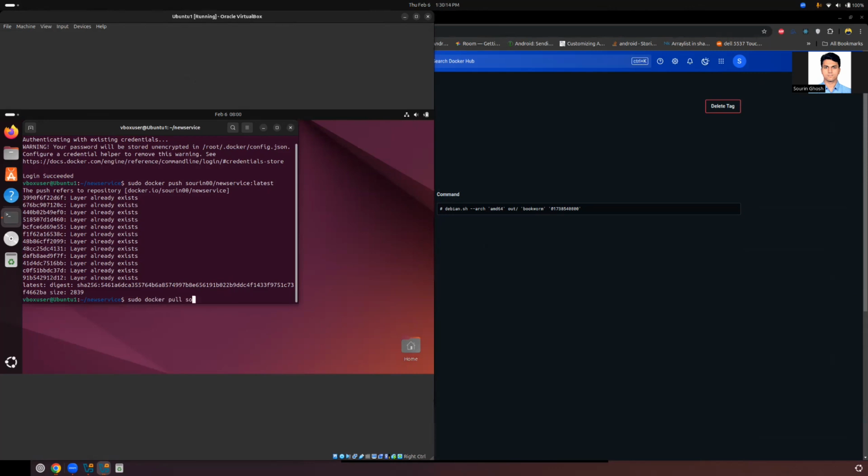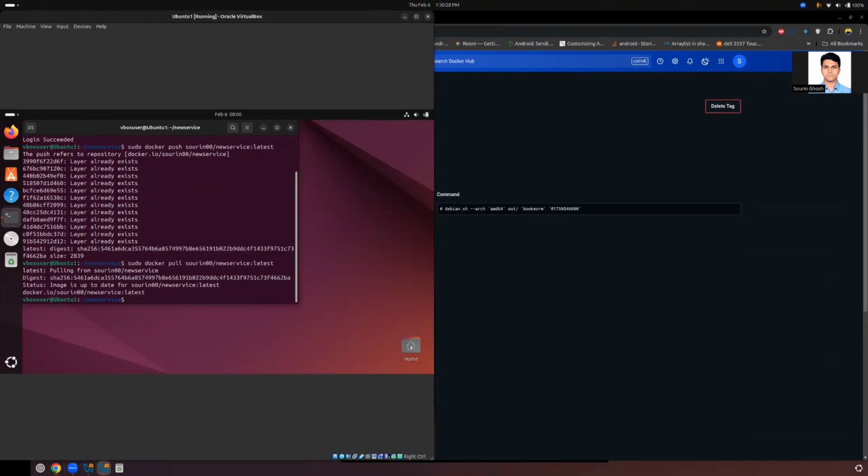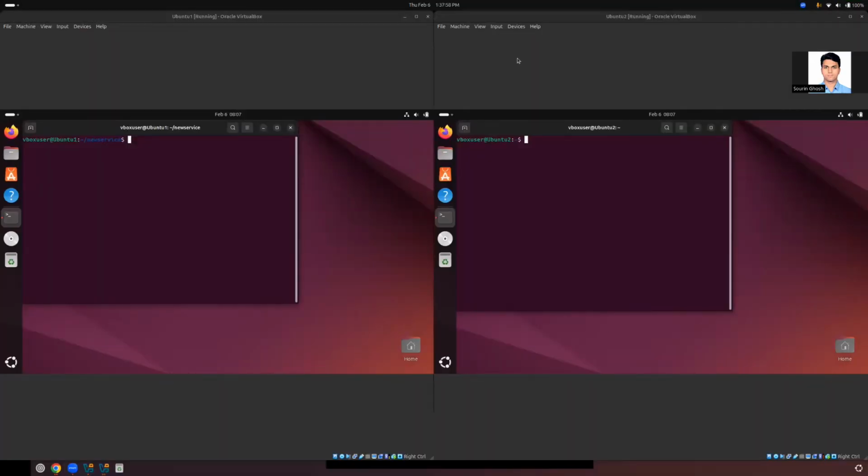The Docker username, and the same thing, new service latest. So as soon as we click this, it has pulled it successfully. Okay, so now that we have pulled the Docker image in our VM1, let's try to run the same using